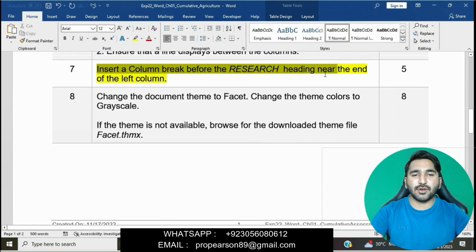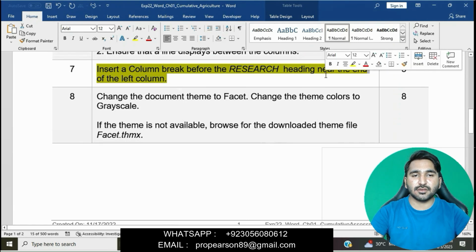We will move to the Word file and insert a column break before the research heading.